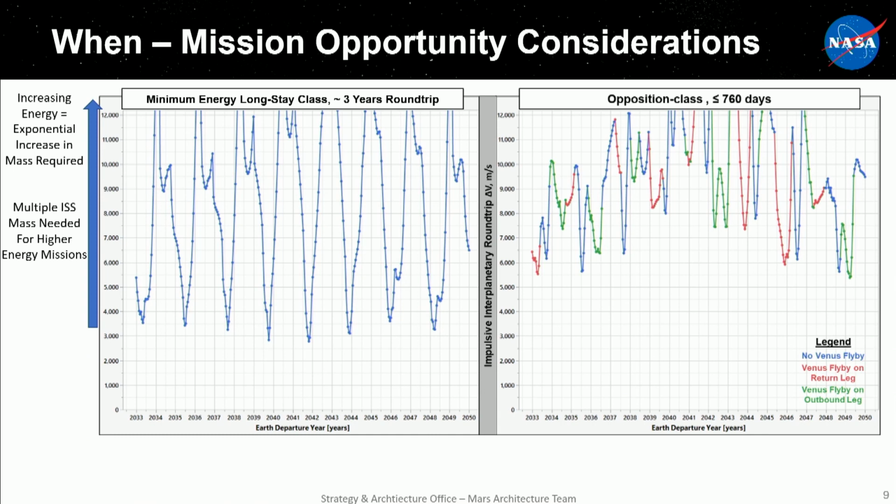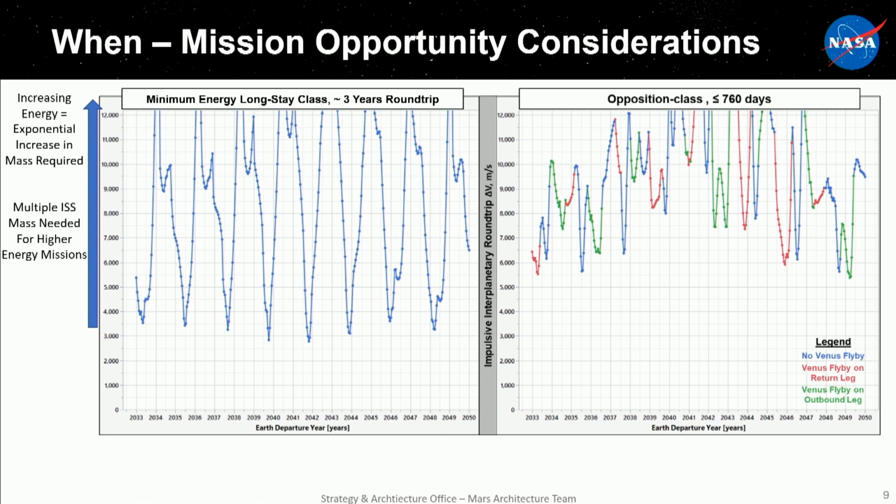Mission opportunity, the when question, and this is something that we've talked a lot about this week already. The energy required to go to Mars varies quite significantly across the Earth-Mars synodic cycle. The chart's really hard to read, but the y-axis is the energy. Yesterday, in the 2033 discussion, they're talking about 2033 being a great opportunity. Yes, it is one of the easier ones, but there are other easier ones, and there are other opportunities that can also be designed